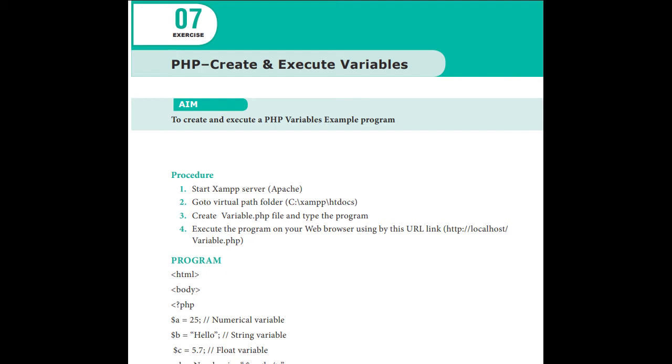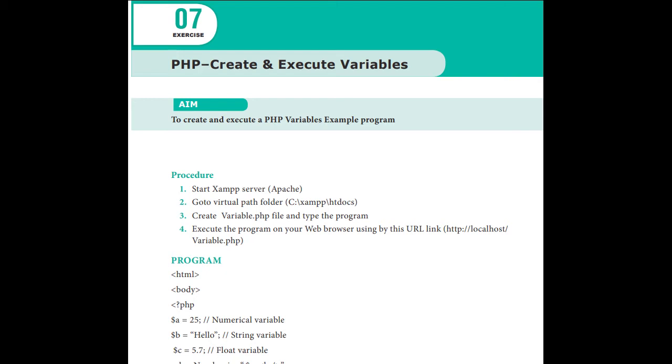Okay, and when you are running, you can run or execute the program in any browser, whether you are having Google, or Mozilla Firefox, or Internet Explorer, whatever browser you use. You just go inside that browser, and in the URL link give http://localhost/ and then the name under which you have saved the particular program. If you are saving it as name.php, here you will give name.php, and when you press enter, you will get the output in the browser screen.